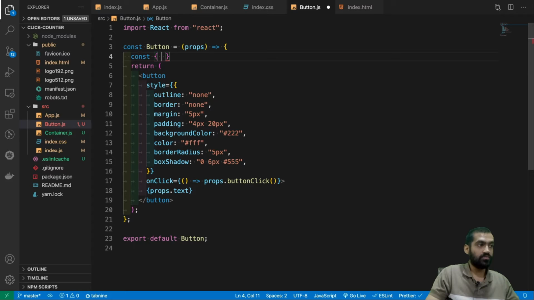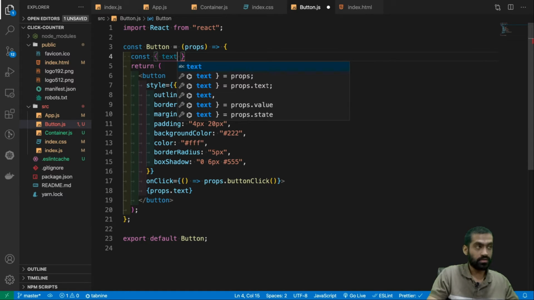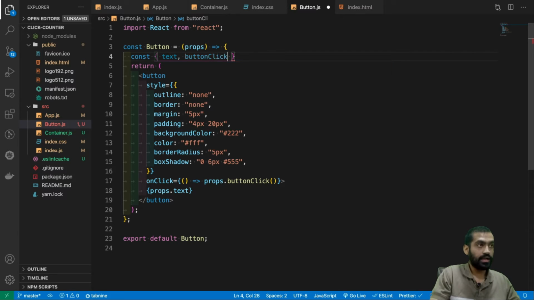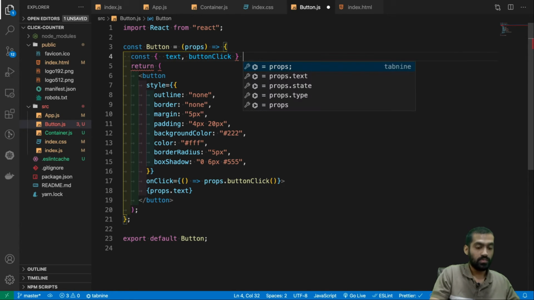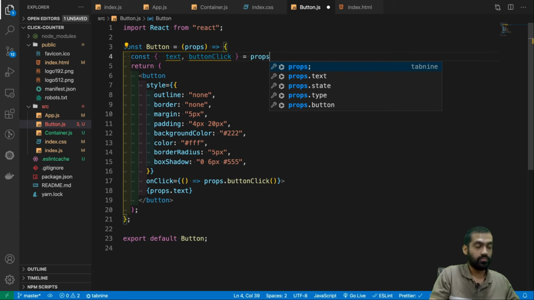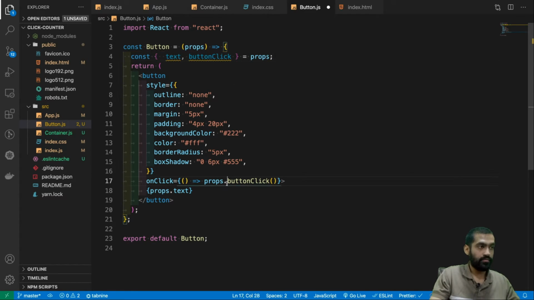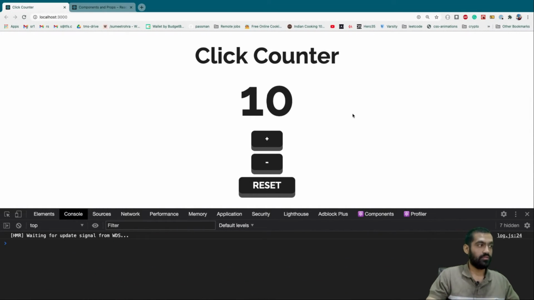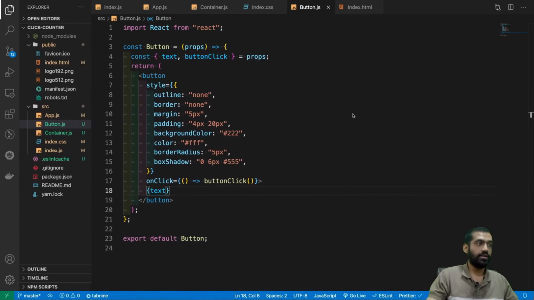So one thing we can do here is text, comma, buttonClick, equal to props, and then we remove this, and then we also remove this, right? We still have the same thing, right?